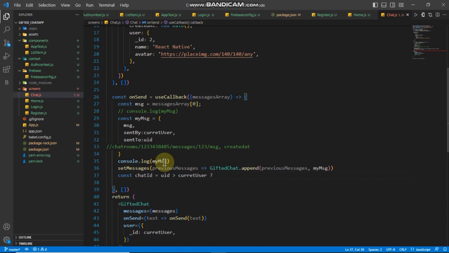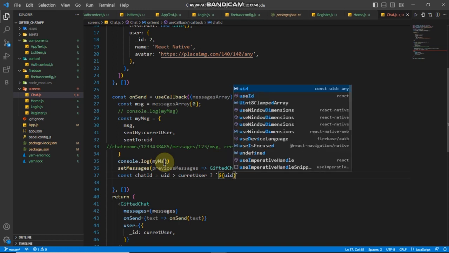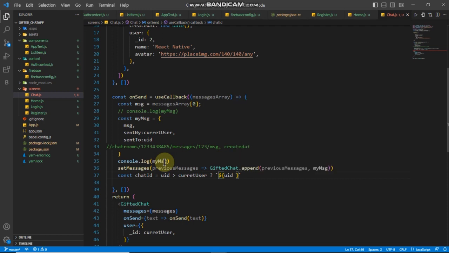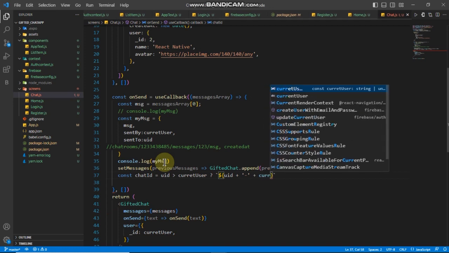Let me use a template string here. So we want to create a unique ID now, which is going to hold the UID, are you with me, plus a hyphen in between them, plus the current user,